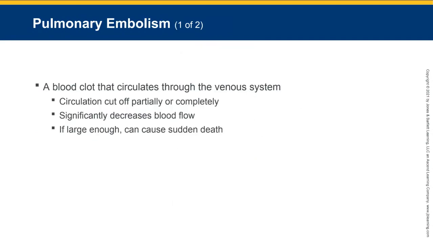Now, pulmonary embolism, this is something we also looked at in shock last week. A blood clot that circulates through the venous system. The circulation is cut off partially or completely. So there's a clot that develops in the venous system and it travels to the right side of the heart. It enters the right atrium, enters the right ventricle, and then goes up into the pulmonary artery, and it